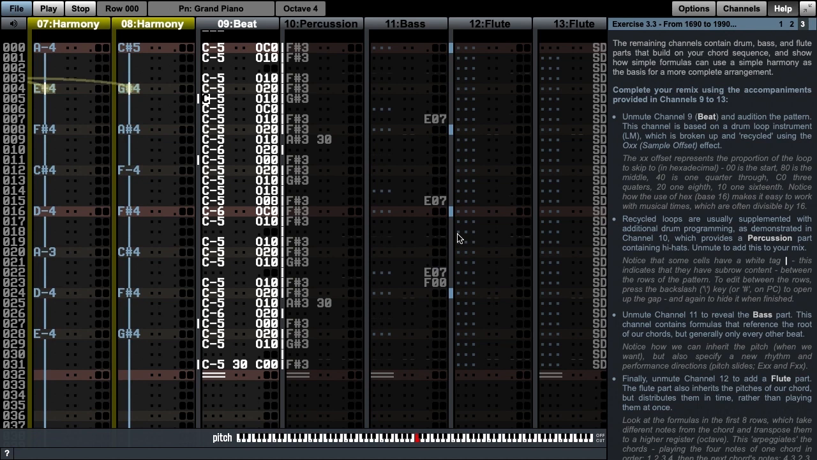The XX offset represents the proportion of the loop to skip to in hexadecimal. 00 is the start, 80 is the middle, 40 is 1/4 through, C0 is 3/4, 20 is 1/8, 10 is 1/16. Notice how the use of hex, base 16, makes it easy to work with musical times, which are often divisible